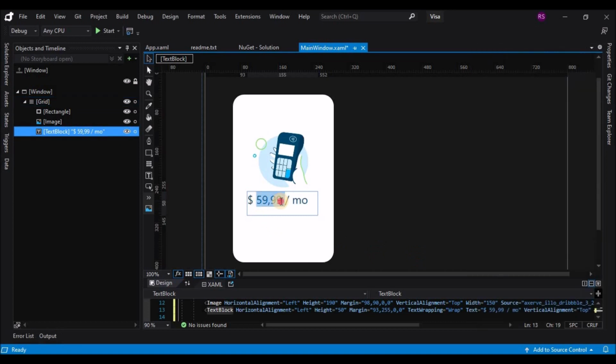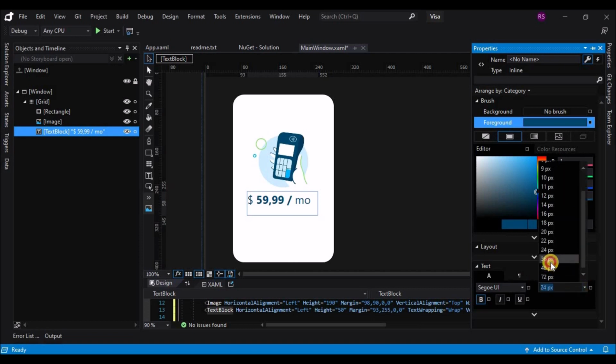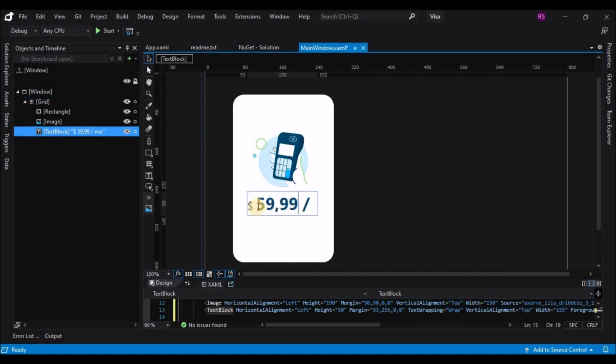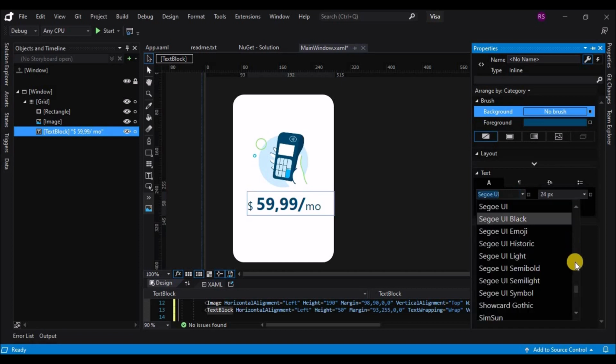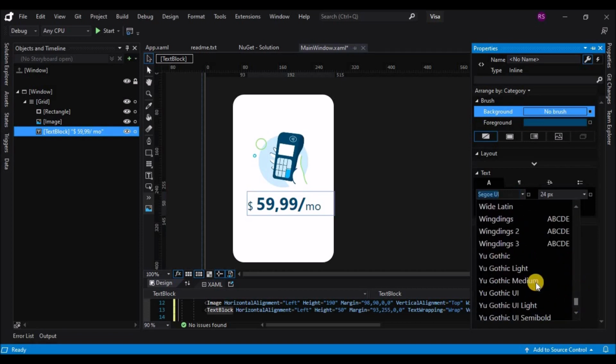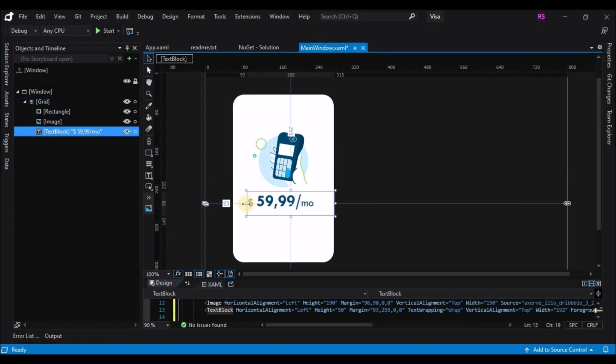Also I'll make this particular font bigger and bold. Remove the space between the letters. Let's increase the size. Yeah, so that's it. I think we'll have to change the font as well. Let's select a different font. If you don't have these fonts, you can go to fontawesome.com and search for this font.